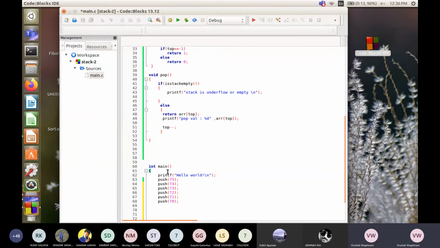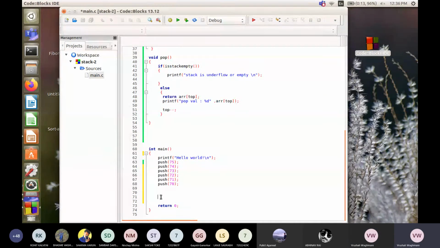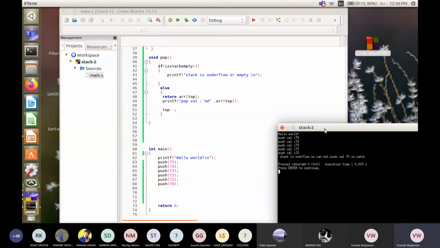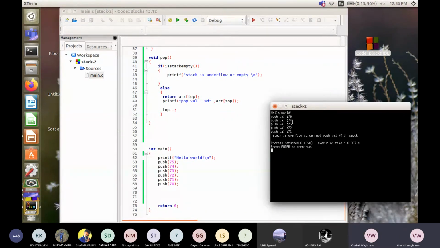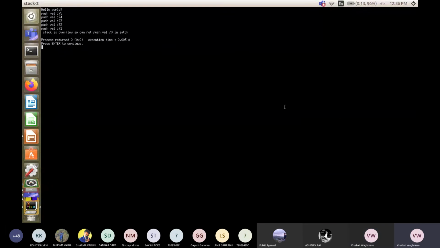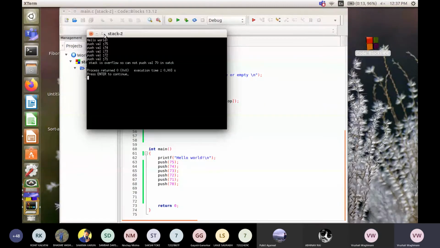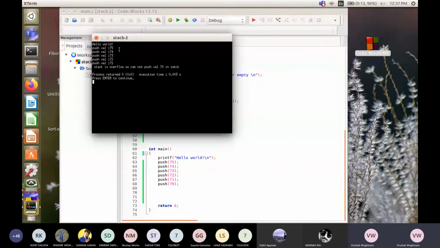Now I need one integer also here. We'll check this. So you can see here, it is going to push 74, 73, 72, 71, 5 elements. After that, it is telling that stack is overflow, so cannot push the value 70 in the stack.